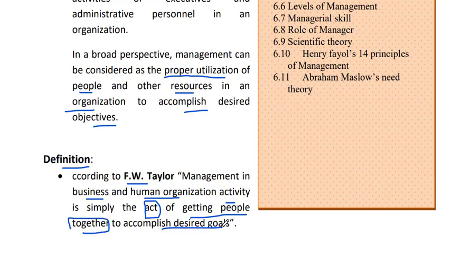Our main objective is to complete some goals. We have to manufacture phones and laptops. But we do not make a phone, laptop or bike with the help of only one man or only one owner. We have to make a group of people, get people together, and with the help of people we accomplish our desired goals. So F.W.